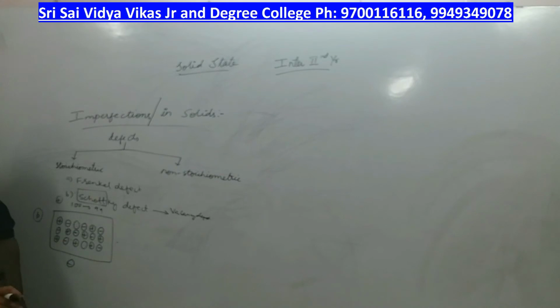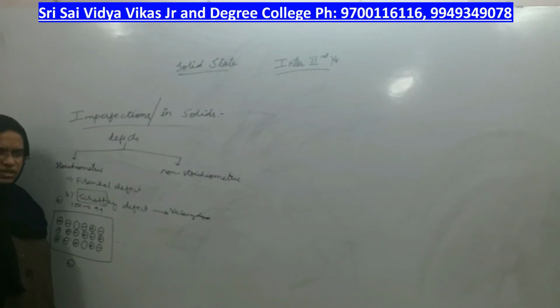Schottky means shortage of cation followed by shortage of anion. If shortage is by anion, it will be immediately followed by cation. If one ion is going out of the crystal, automatically the other also moves out of the crystal to maintain the electrical neutrality, and because of this defect, two holes are getting created per defect. That means we can see like this, so many defects can be possible in a small piece of crystal, right? Therefore, because of this defect, the density of the substance decreases.